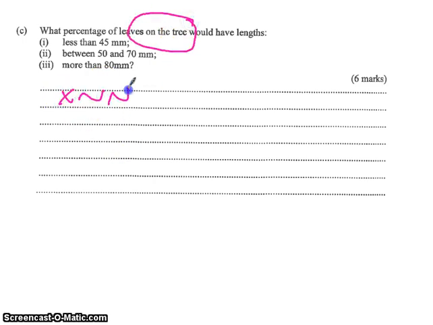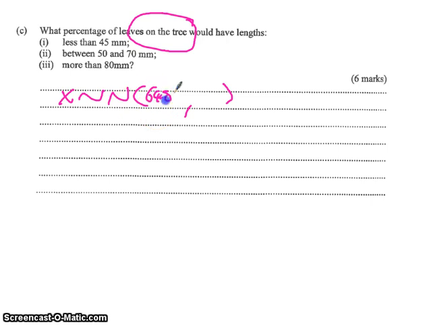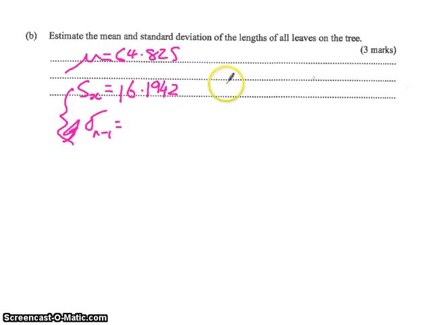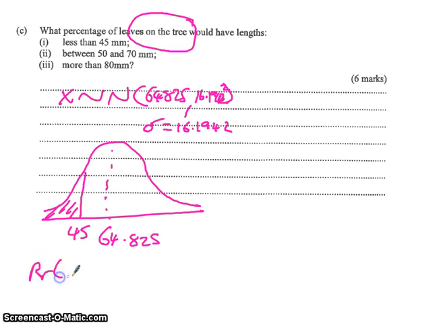So X is modelled by a normal distribution with mean 64.825. We're going to use our unbiased estimator, which is this 16.1942 squared. That's our model, and we can then solve some different problems, such as what is the probability it's less than 45. So we want to know the probability that x is less than 45, and we use the calculator